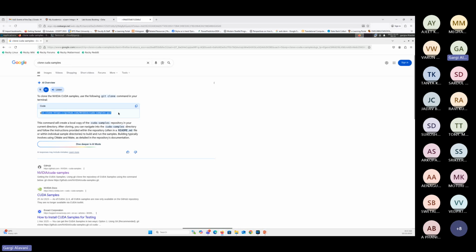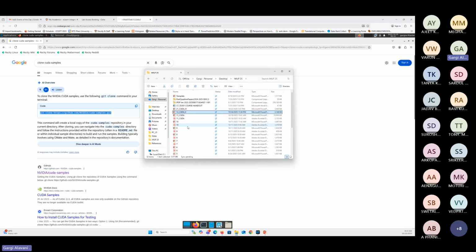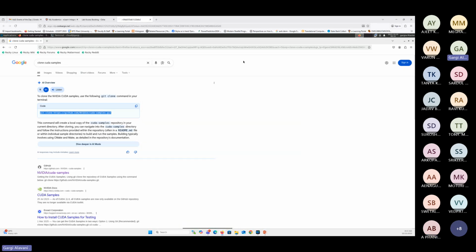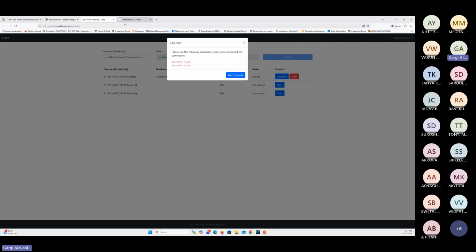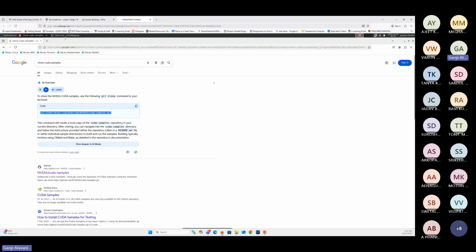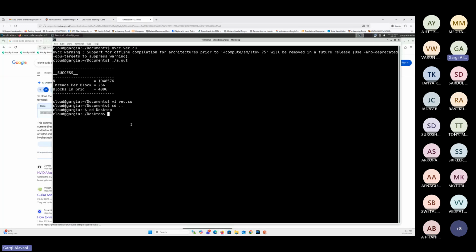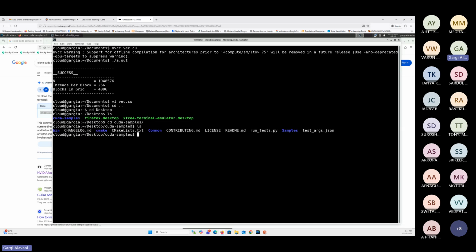And this is the git clone command that you get easily if you just Google. And then with this, you can clone the CUDA samples. Sorry, let me just go back to the lab. Yeah, terminal. So here I have cloned them. In CUDA samples, you have thousands of CUDA solutions which are already implemented. So if you go to samples,